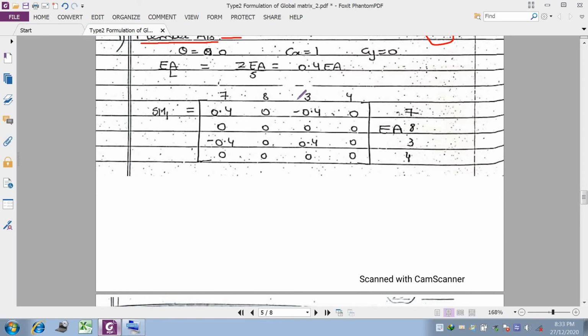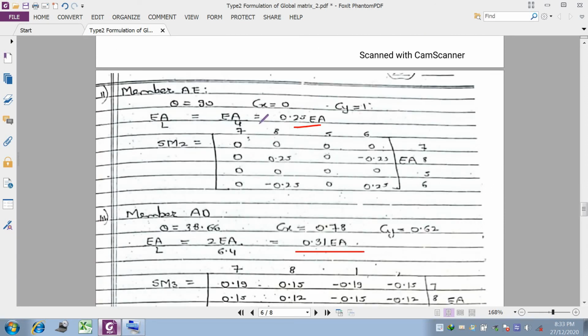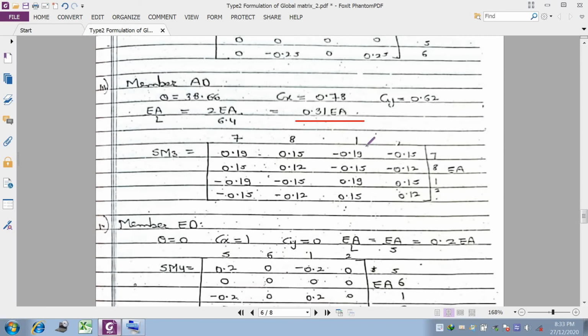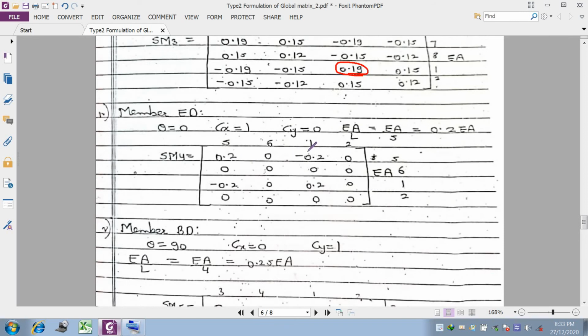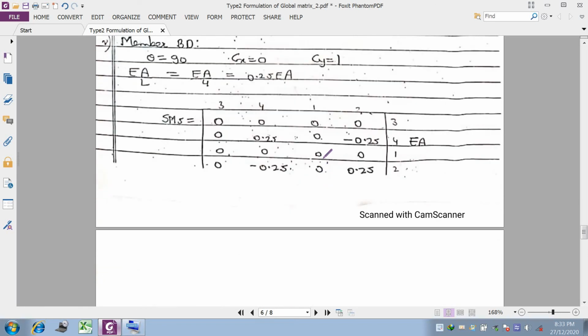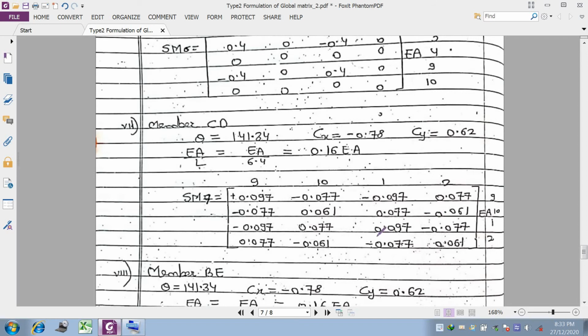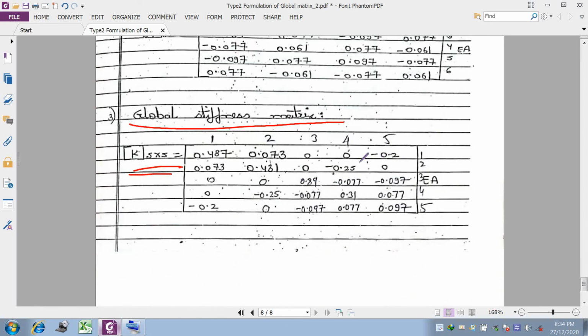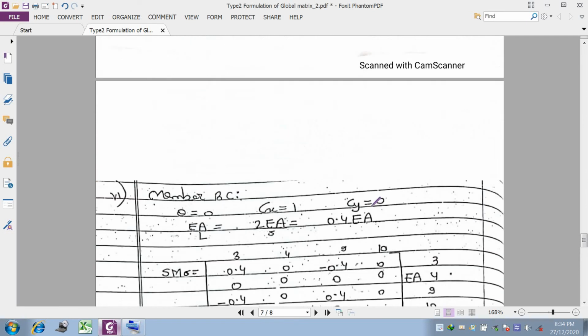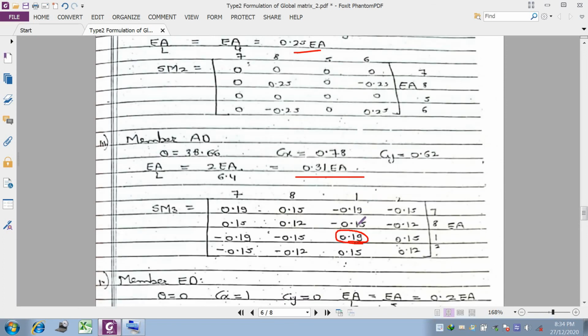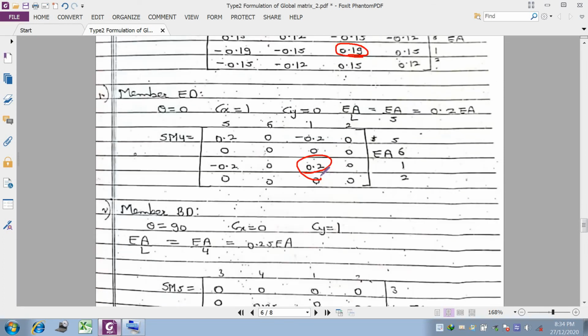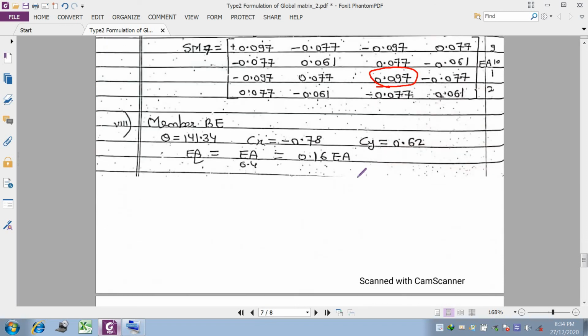So let us consider, here is 7 8 3 4, so no need to consider this. Here is 7 8 5 6, then 7 8 1 2, so 1 1 is there. So 0.19 is considered from this, then 1 1 0.2 we have to consider. So we have to add 0.19 plus 0.2, then here 1 1 is 0, and here 1 1 is 0.097. Finally here nothing is required, so we add 0.097 plus 0.2 plus 0.19. When we add these values, we will finally get the answer like this,